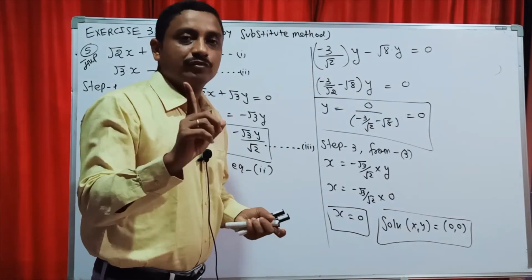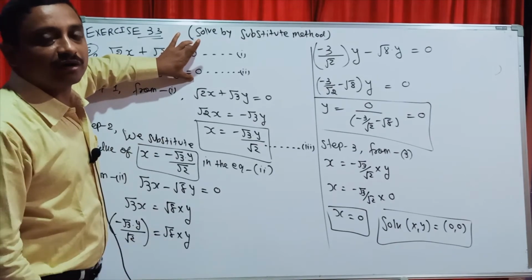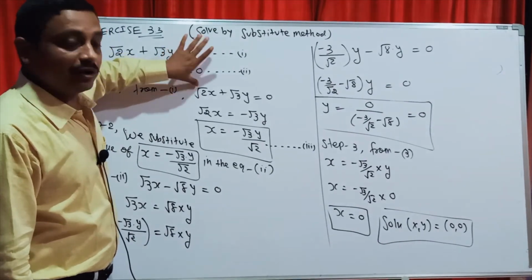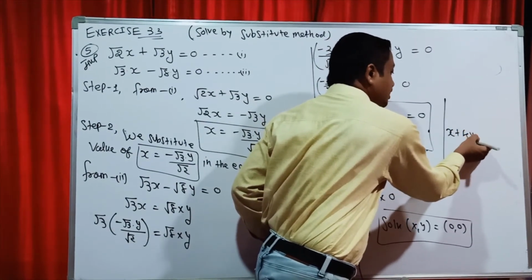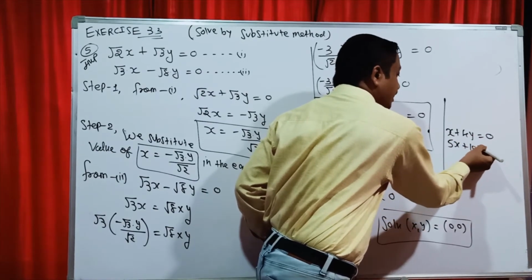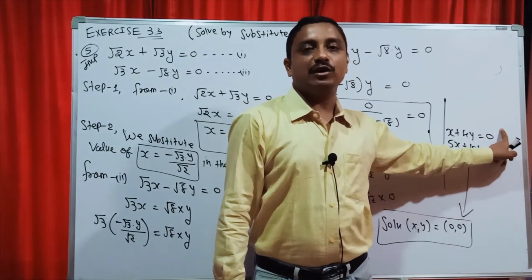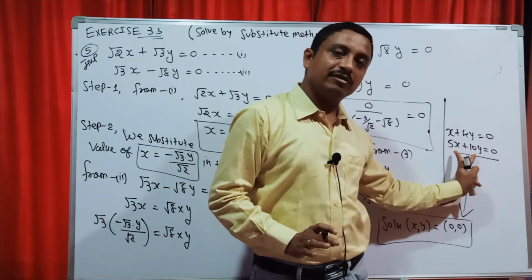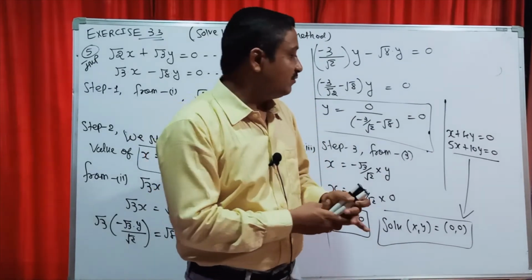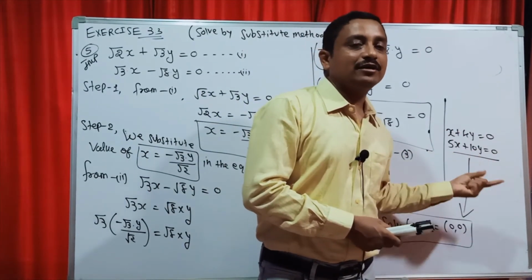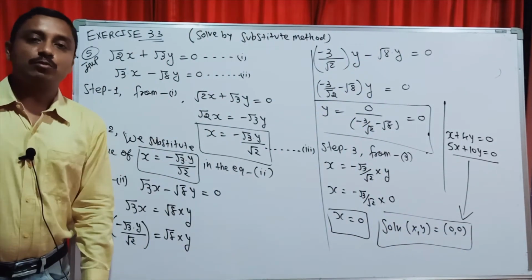Students, I repeat again. Whenever in a question x and y are given but no number is given for the constant, if 0, 0 is given, your direct answer is 0. For more examples, I just write down x plus 4y is equal to 0, 5x plus 10y is equal to 0. Sure, the answer is 0. Check. Here both right side values are 0. But necessarily x and y are given, then your answer is 0. Write any example, but surely, if the right side values are 0, 0 for linear equations in x and y, the answer must finally be 0, 0.